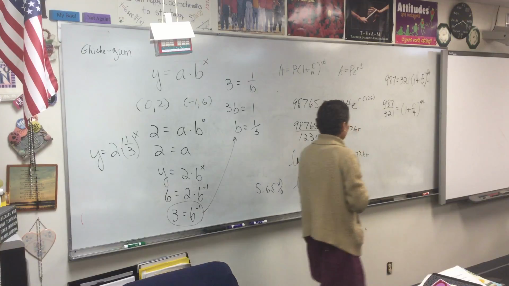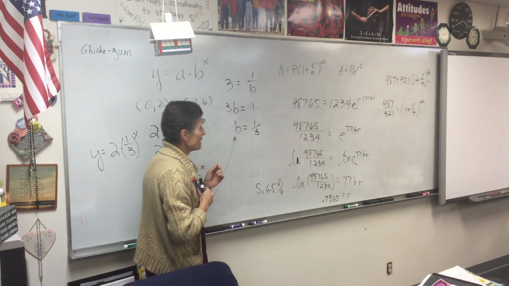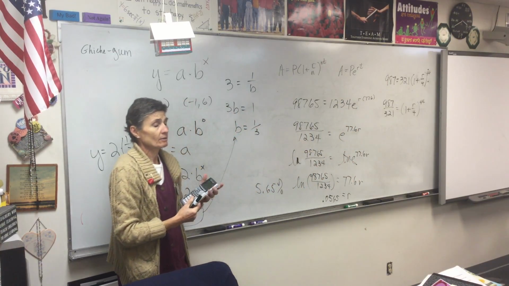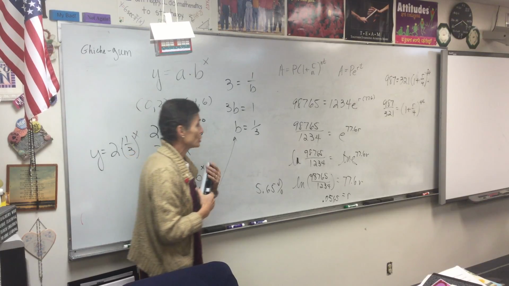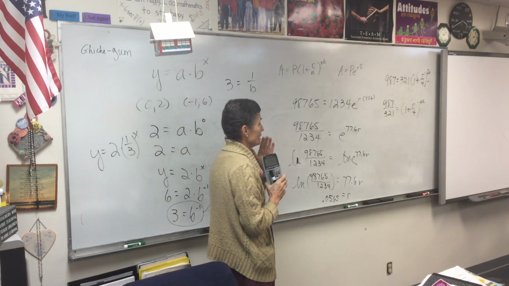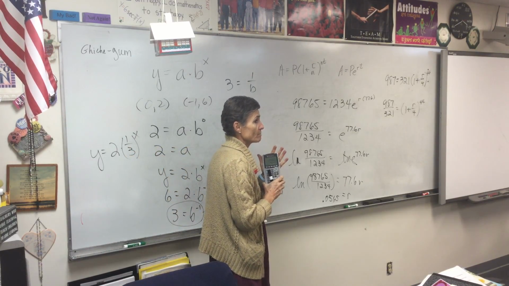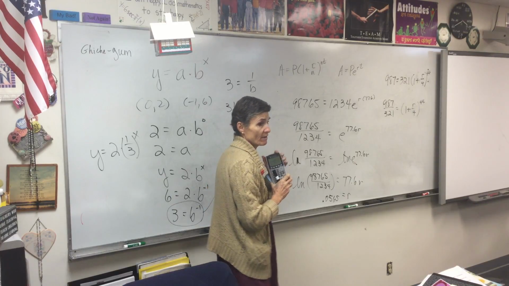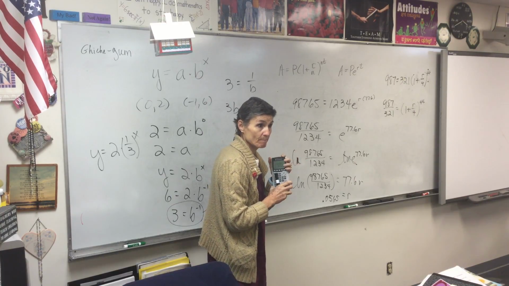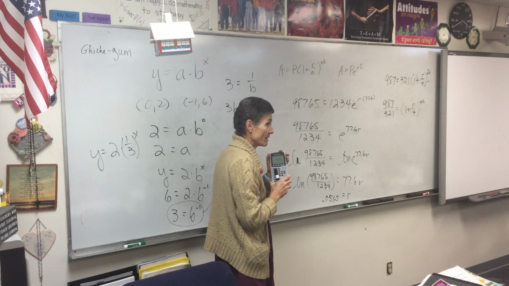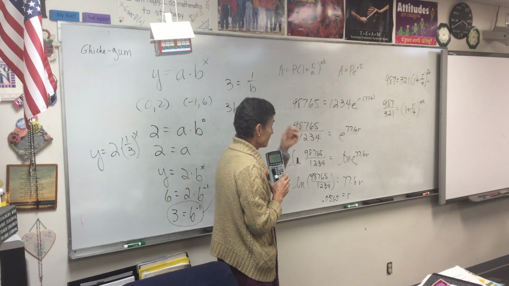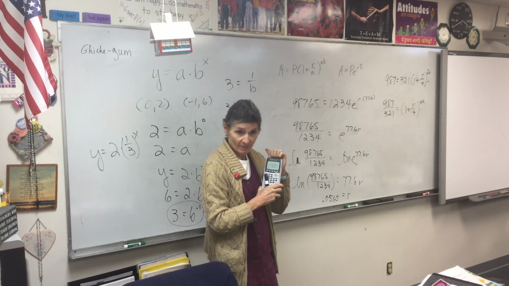Okay, so that's step 1's done. You always divide. Do not take the logarithm of both sides though. That will just make the problem harder. We only want to use logarithms when our exponent is the variable, and it isn't this time. However, do I still want to get rid of that exponent? Yes. If I'm going to try to figure out what R is, I have to get rid of the